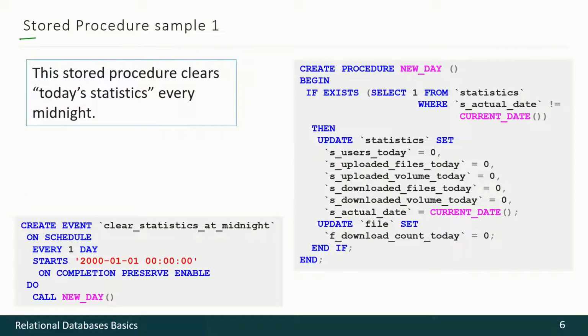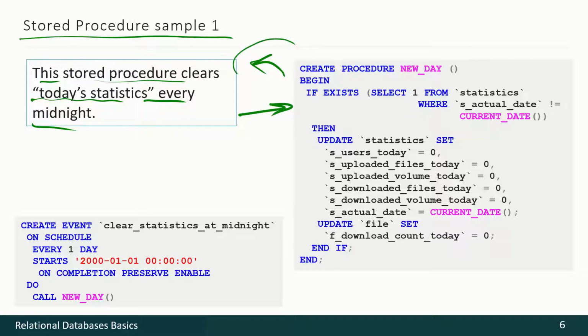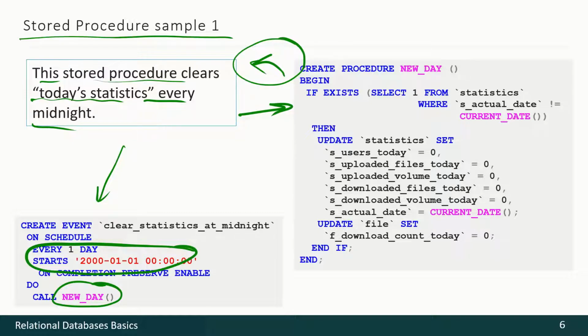Let's look at several samples, beginning with the next. This stored procedure clears today's statistics every midnight. Here is the code, and we've already seen it in our previous videos. There, this code was used inside a trigger, but we may create a scheduled event and tell the DBMS to execute this stored procedure every midnight, so then we may eliminate this procedure call from our trigger and leave it for the schedule only.